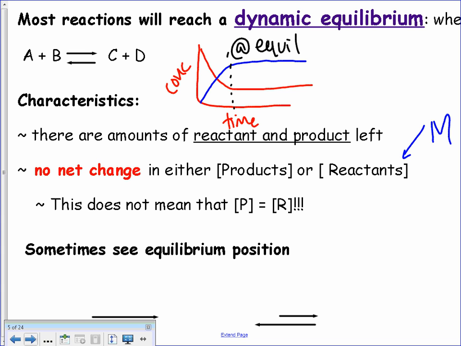Take a stab at it. Give me 50-50, and then you've got a 50-50 chance, and I'll explain. Why products? They're favored because there's more of them, right? You're making more of them. So the products are favored